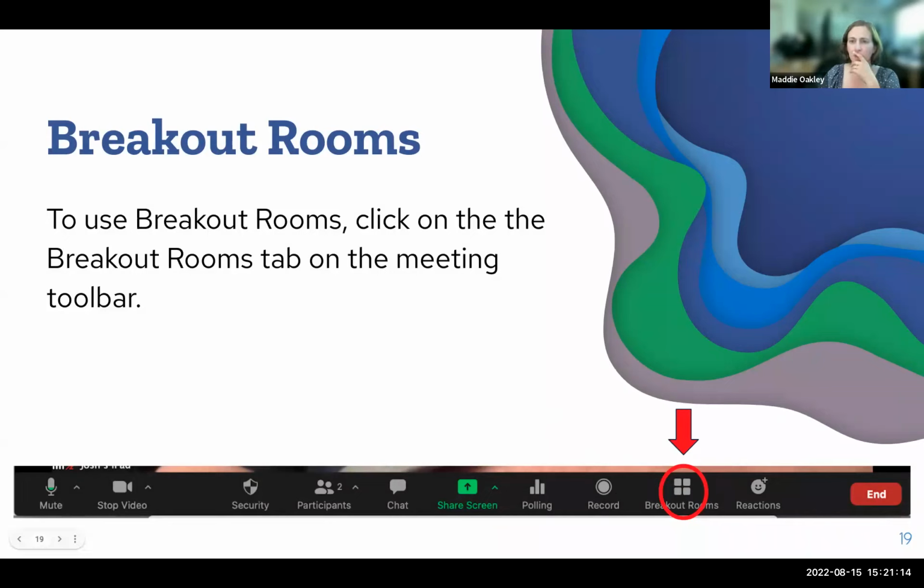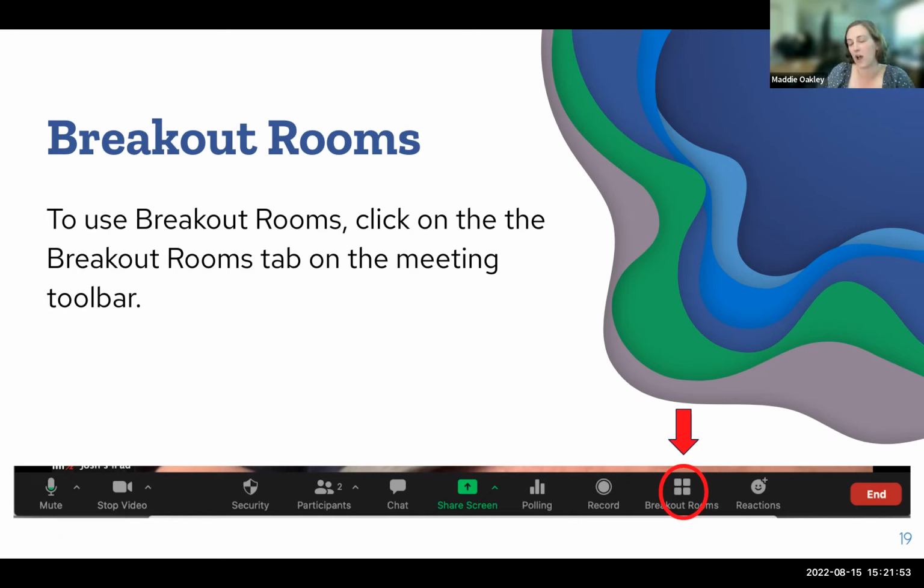And just another thing to know too, if you're ever in a meeting and hosting a meeting and you're not seeing the same controls that you're used to, sometimes it might be because, like myself right now, you're sharing your screen and those options change where they are. So one thing to know is that on the right side of the bar, many times you'll get this option that says more, and that's where a lot of those things will go to hide. Unfortunately, they'll be in a long list of options instead of a quick little icon.